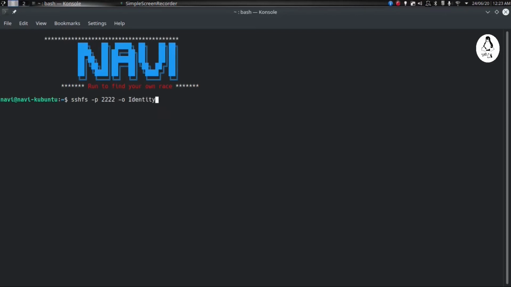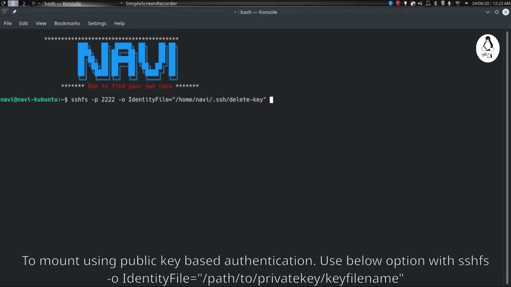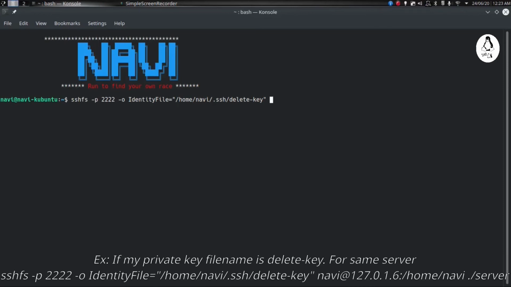So now suppose you are not using password based authentication and you are using public key based authentication. For that you will need to use one more option, which is -o space IdentityFile. It is case sensitive, so make sure I is capital and F is capital here. And in double quotes you have to give the path of the private key,